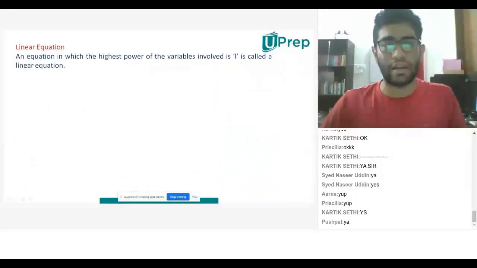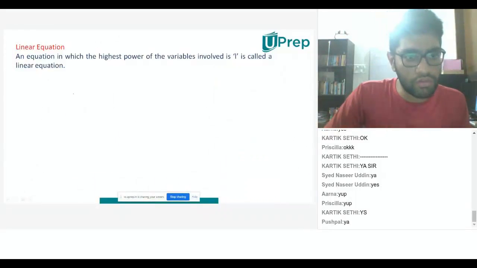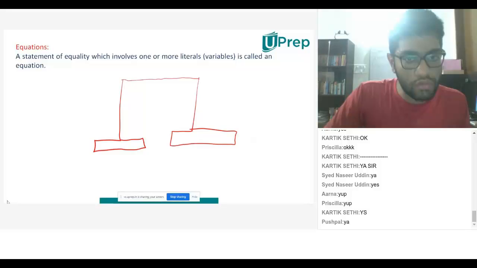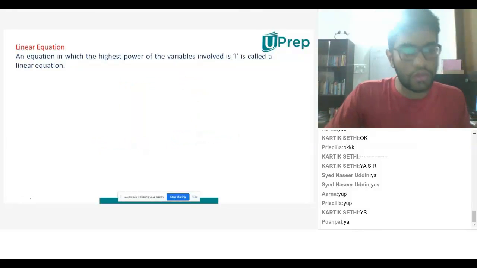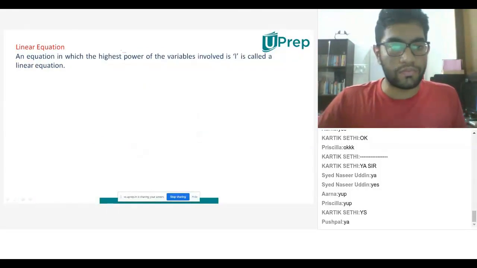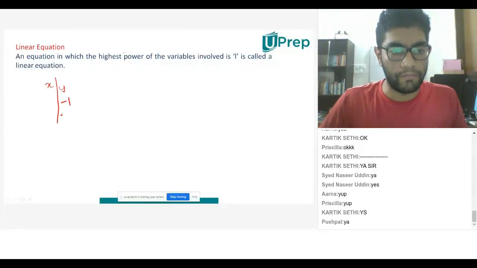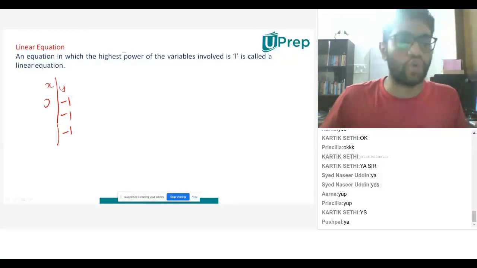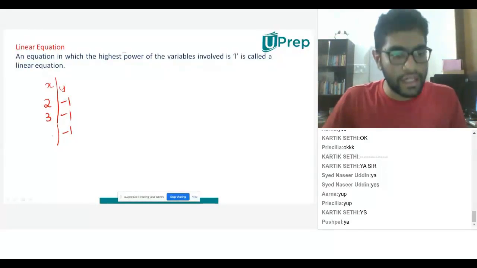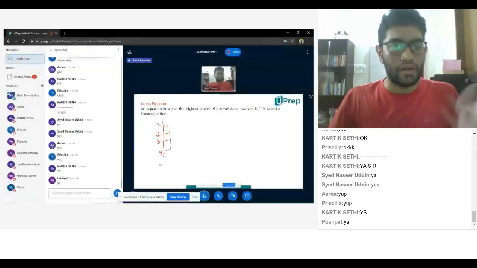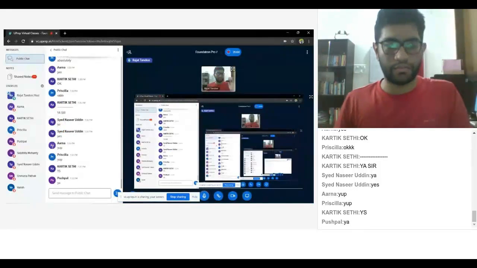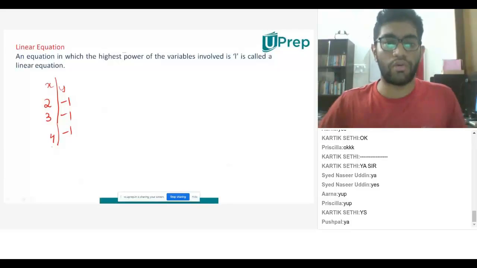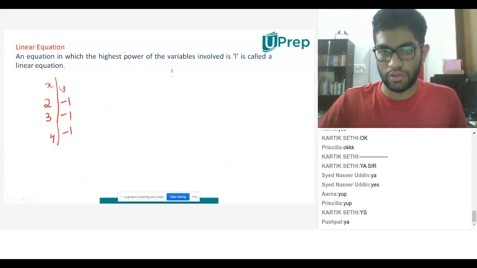Let me put x equal to 2, x equal to 3, x equal to 4. I will put any value for x. Now, if I am to draw it,